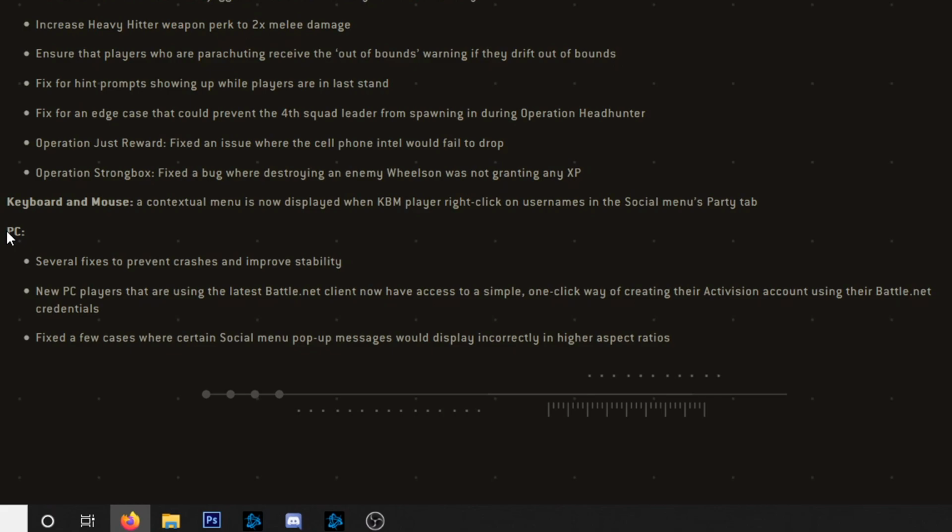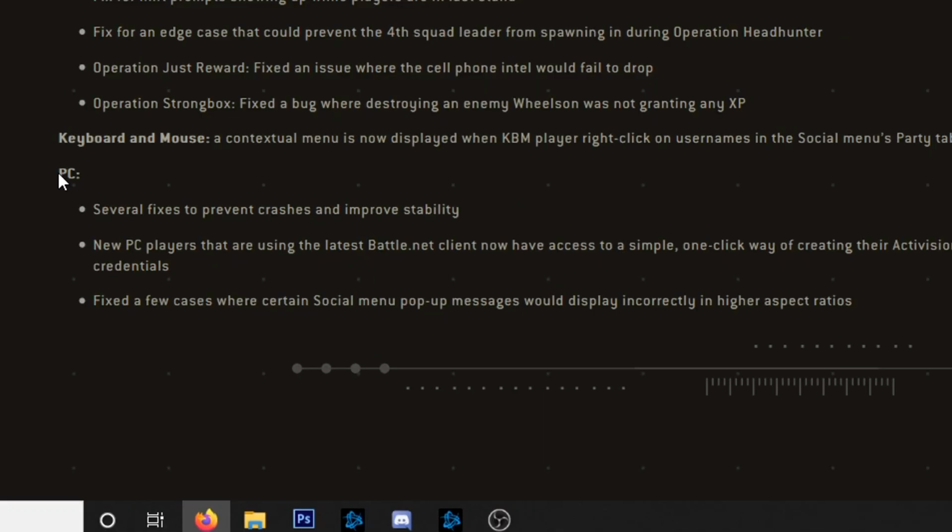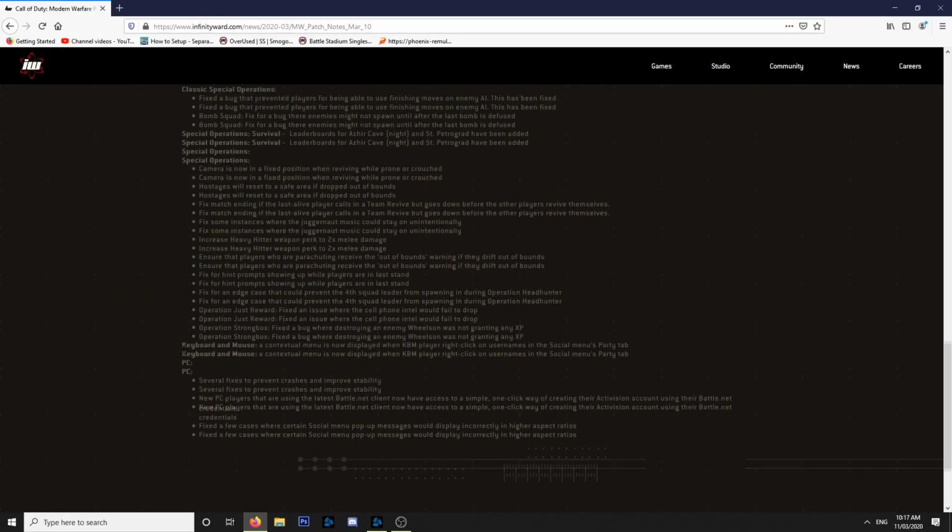New PC players that are using the latest Battle.net client now have access to a simple one-click way of creating their Activision account using their Battle.net credentials. That's kind of neat. It's kind of neat to see, again, some PC love. And fixed a few cases where certain social menu pop-up messages would display incorrectly in higher aspect ratios. Nothing super interesting there, but...